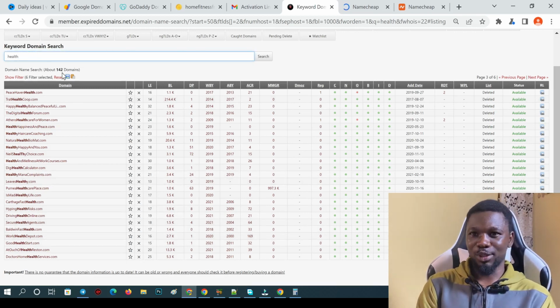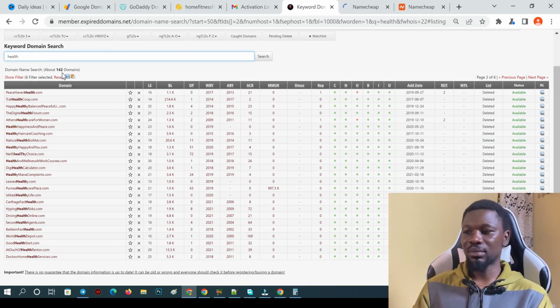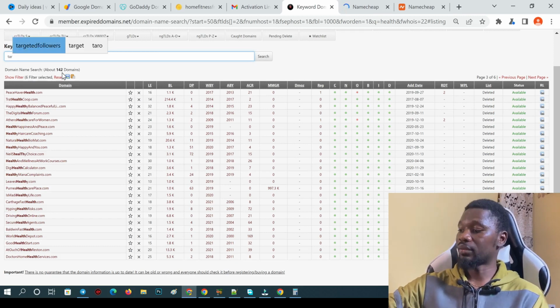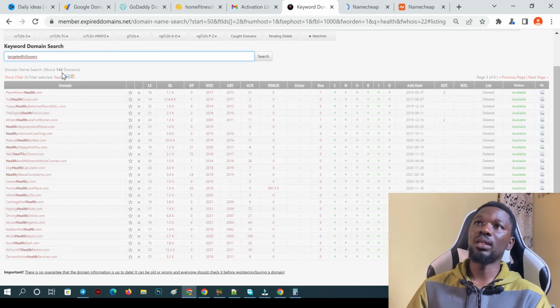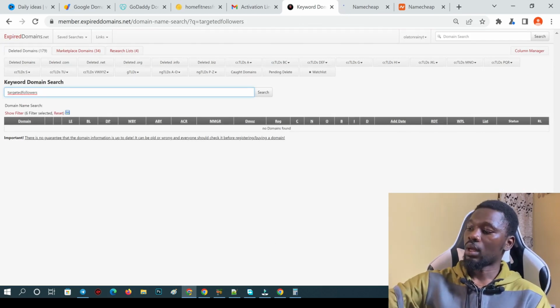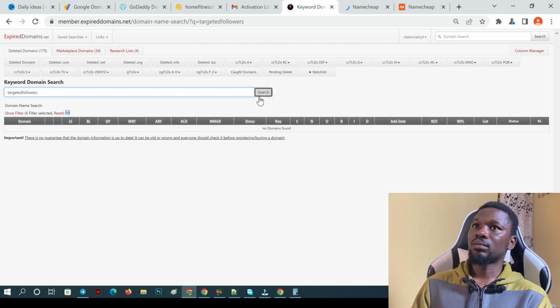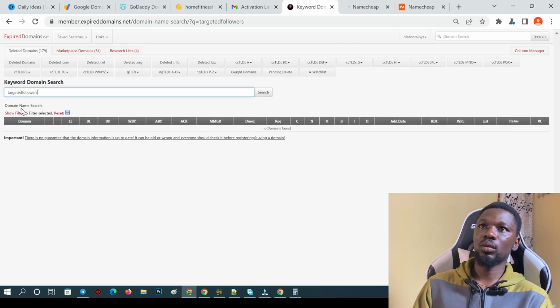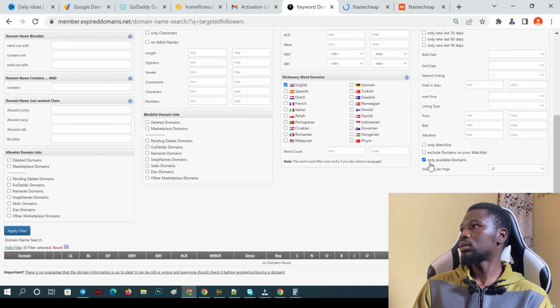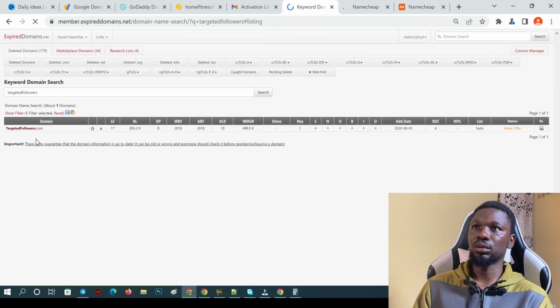Okay, so I have something I want to share with you guys. There was a domain name that I wanted to buy, which was targeted followers, and the former seller wanted to sell it for $100, and I also bid for it because it was showing there that you could make an offer. Okay, I don't know why it's not showing up anymore. Targeted followers. Okay, let me check this. Available domains. Let me remove the filter for only available domains because the domain name is no more available, but I want to show you guys. Okay, so this is it,